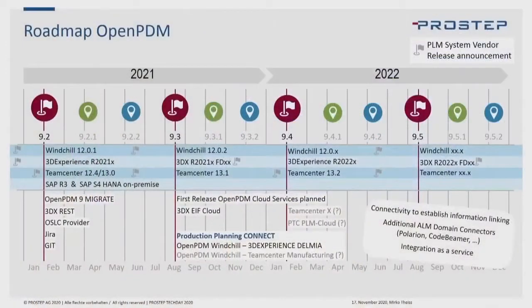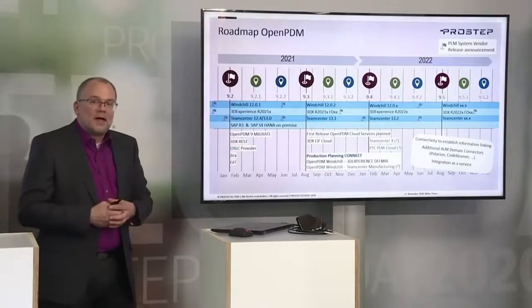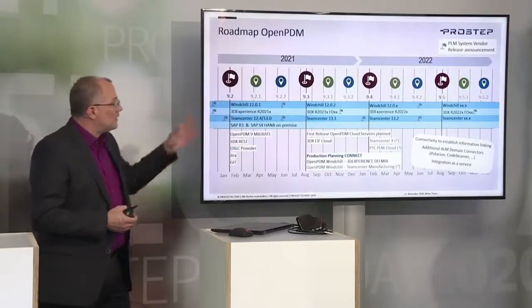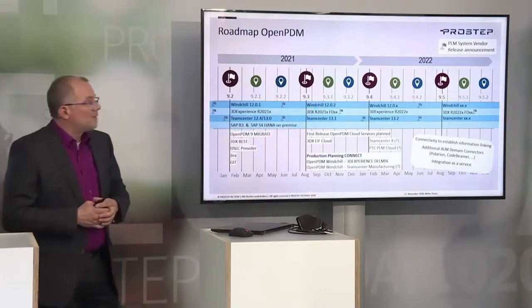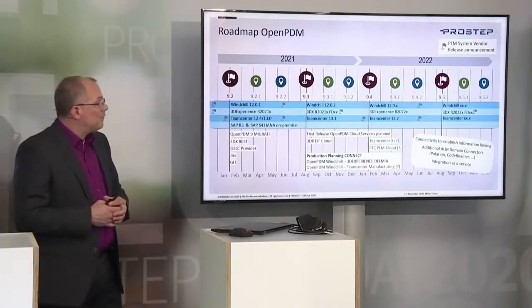Of course, there are releases for all the other connectors out there, but that would be too much to fit on this slide. For Windchill, 3D Experience, Teamcenter and SAP, right, and if you look at this slide, you will see I've also indicated when the vendors release their systems, and you can see we're always 2 to 3 months after the official PLM vendors release. That's when the respective connectors will be ready. That's something that we've been doing for years, and we seem to be getting on fine with you that way. And we're going to do that every 6 months with OpenPDM 9 now.